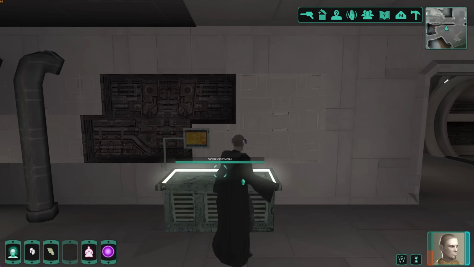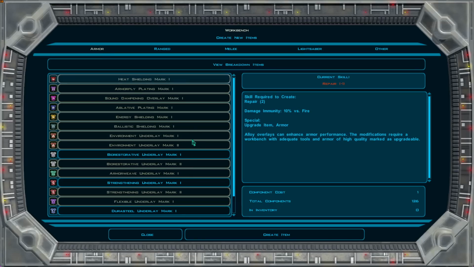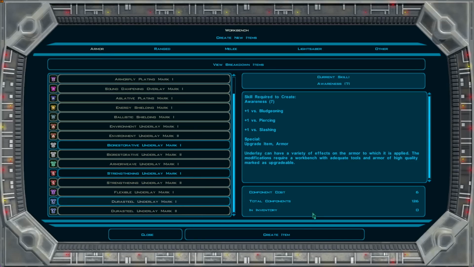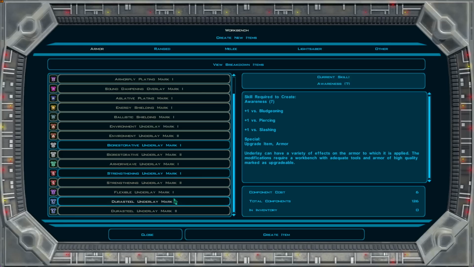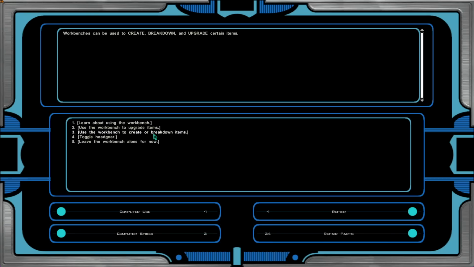Hold on, let's see if we can actually craft some upgrades then. Sorry, I'm getting very caught up in the sauce a little bit here. Strengthening underlay. Give strength +1. Durasteel underlay. Ooh, that could be good. Why does that need awareness to craft? It really makes you think. Let's make some of that. And let's also get a strengthening underlay Mark 1. And then let's stick those on...